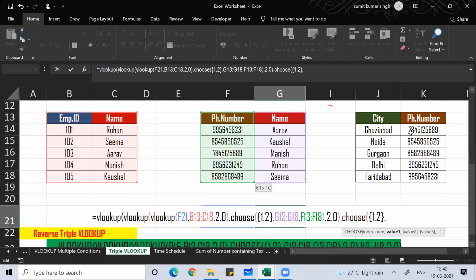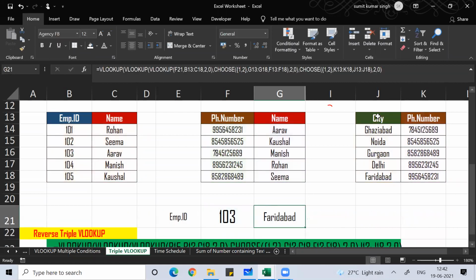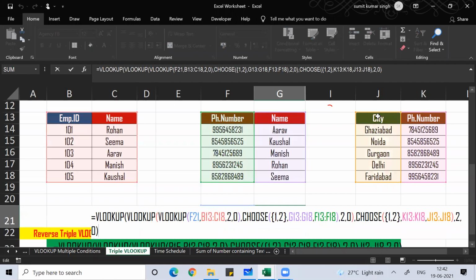What is 1? 1 is your phone number, comma, 2 is your city. Close bracket, comma, 2, the second column you want, comma 0, close bracket, enter. Clear, everyone?